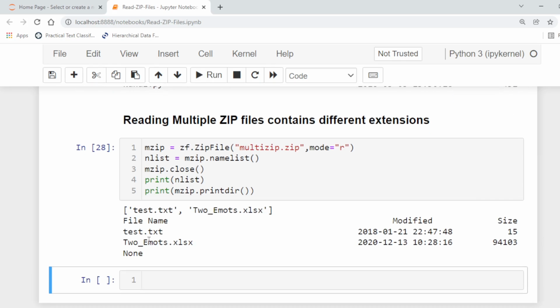One has the extension txt, and the other is the Excel file. So we can use read_csv to retrieve the text file, and read_excel to retrieve the Excel files. So in this way we can create, write, and read the files stored in zip formats.